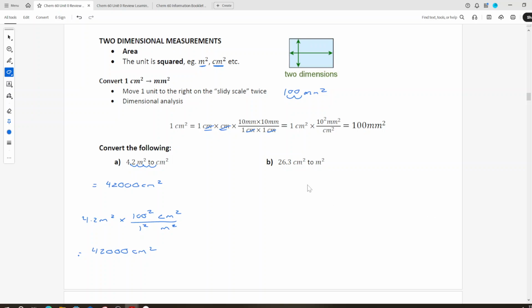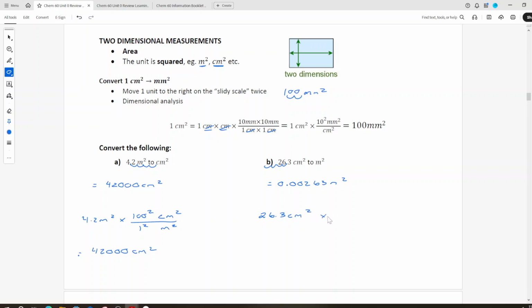Try this next one. So sliding scale, centimeters to meters is 2 to the left, but I'm going to do it twice. So 0.00263 meters squared. Or from a dimensional analysis standpoint, if you feel like being more mathy, plus it is really good to understand dimensional analysis,